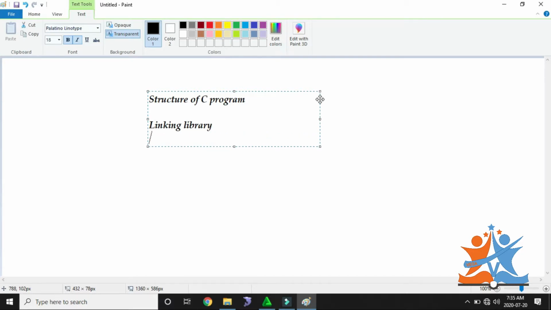Library. Next, writing the function. This function has a body, and after the function body we have a declaration or initialization. Yes.